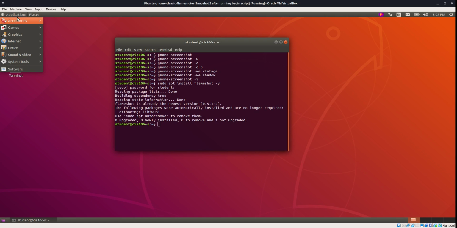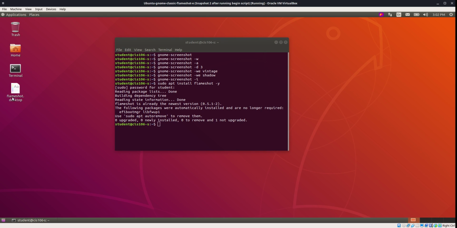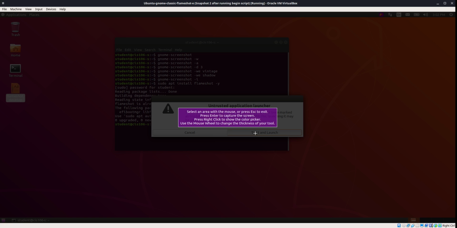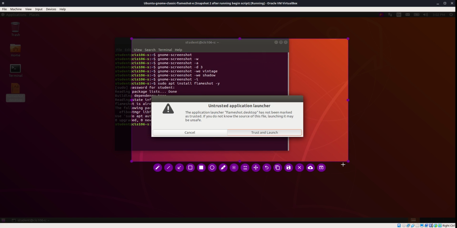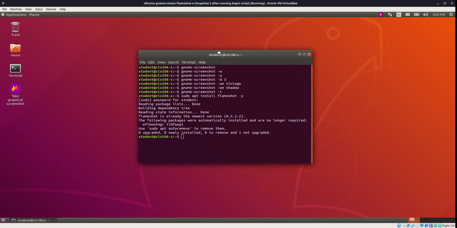I'm going to go into applications, graphics, and if you want to access Flameshot from your desktop, all you have to do is drag and drop it to the desktop, launch it, trust and launch, and now you can use Flameshot by just double clicking on the icon on the desktop or the launcher on the desktop. To take a screenshot,